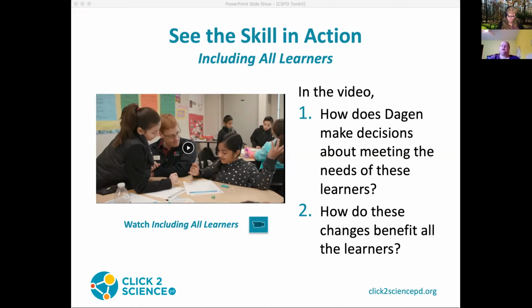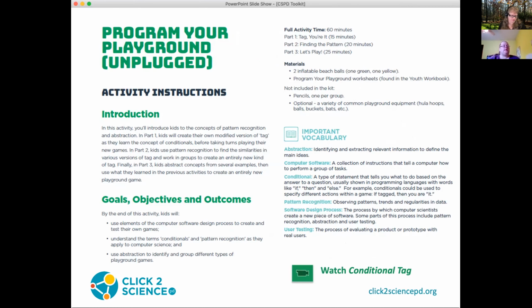Next, we are going to apply what we are learning to an activity called Program Your Playground from the 2019 4-H National Youth Science Day Challenge. This activity introduces the concepts of pattern recognition and abstraction. In part 1, you'll play a modified version of TAG and learn the concept of conditionals. In part 2, youth use pattern recognition to find the similarities in different versions of TAG, to figure out what makes TAG, TAG,